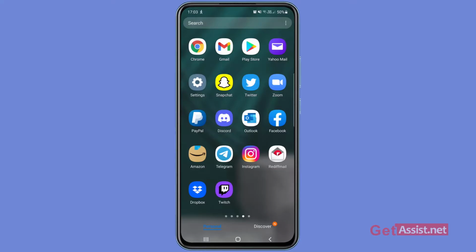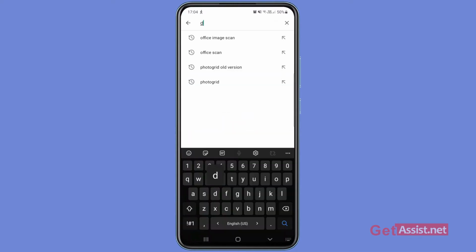So first of all, I'm going to suggest to you some simple troubleshooting steps that might help you fix the login error with the Discord app. So here is the Discord app that is already installed on my device. Now first thing you need to do is to ensure that you are using the latest version. So for that, go to Play Store and search for the Discord app.